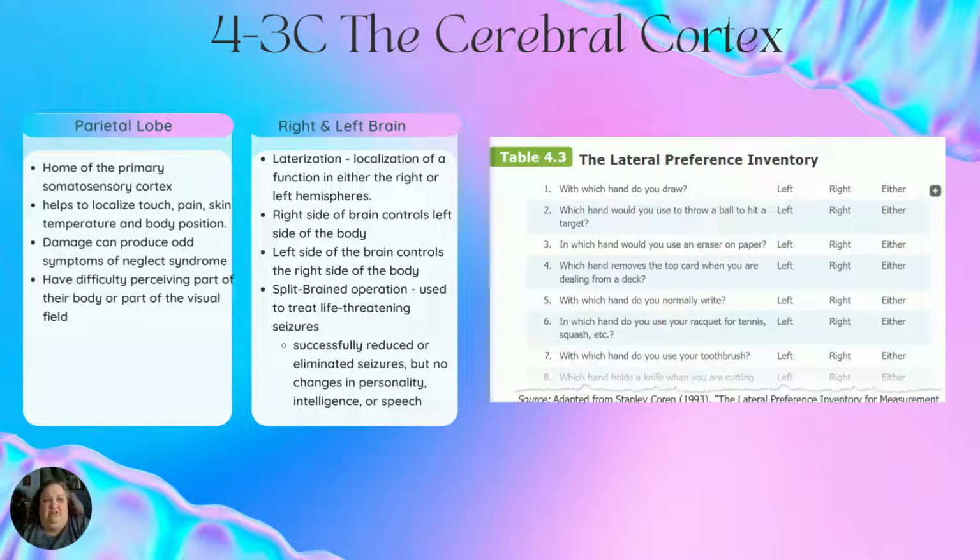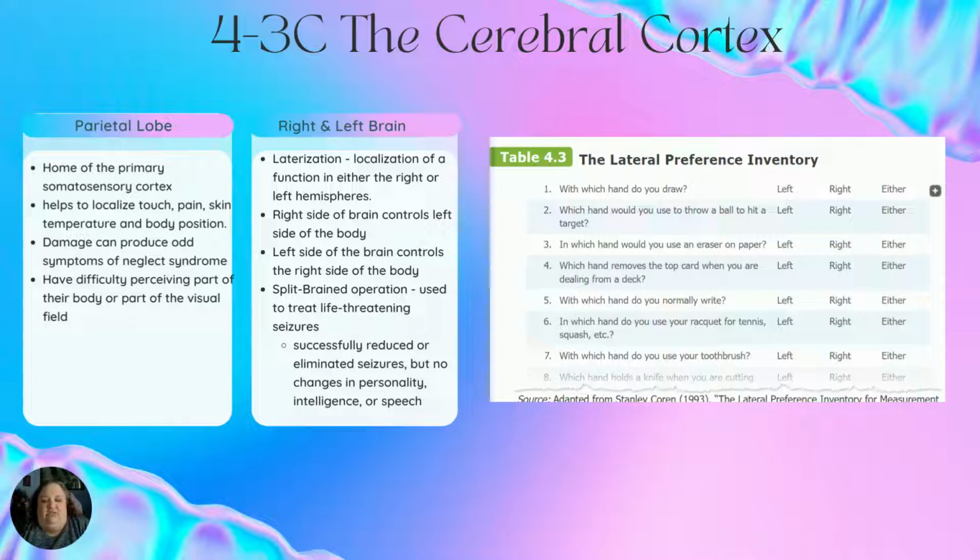Just so that you know, there's also the separation of right and left brain. You have something called lateralization, and basically what that means is that your right brain controls the left side of your body, and then your left brain controls the right side of your body. So when somebody has a stroke and they're paralyzed on their left side, that means that they had a stroke in their right brain, in the right side of their head. So that's called lateralization.